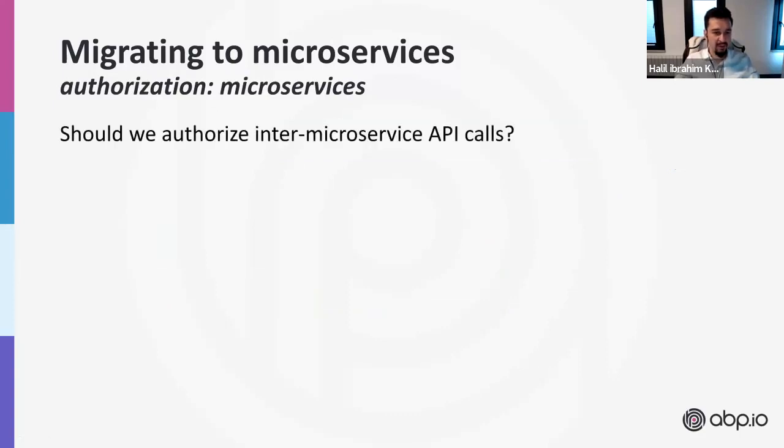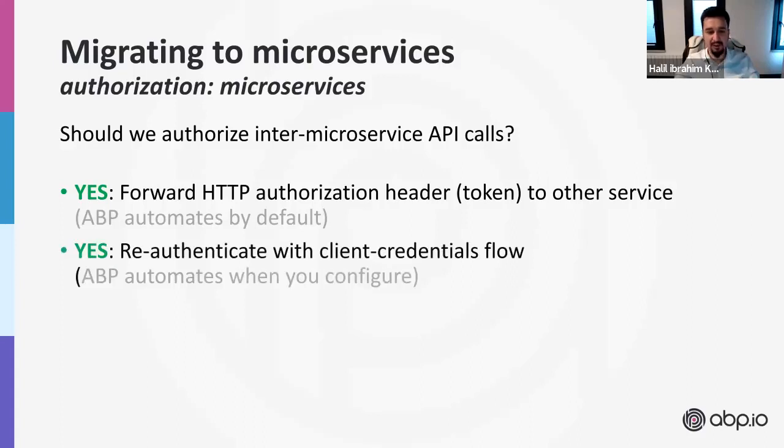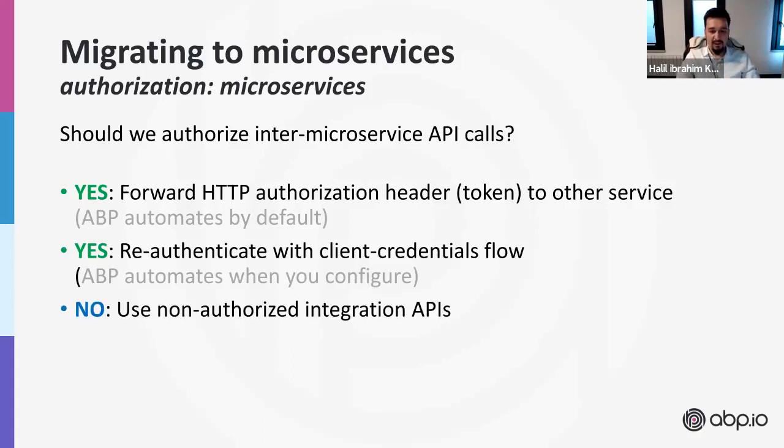So should we authorize entire microservice API calls? If you want that, you can just forward your HTTP authorization header to the other service. Then the other service can also check this authorization rule. Or maybe this token has no permission for this operation, so you may need to re-authenticate with the client credentials flow. All this flow may not be familiar to you, but it's not very important here. It's just an implementation detail. However, in the latest versions of the ABP framework, we suggest to use non-authorized integration APIs for